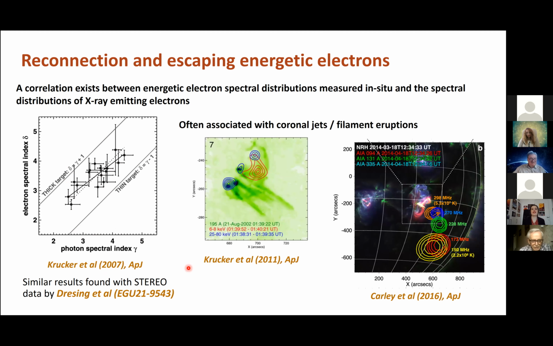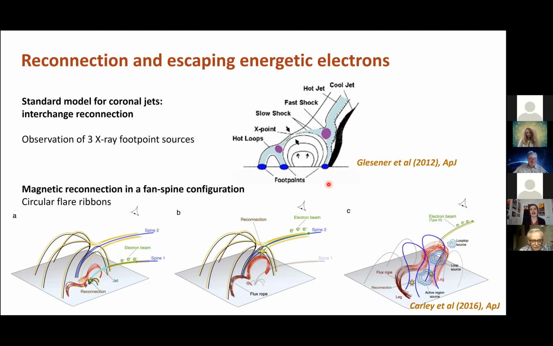And they are also often associated with coronal jets or filament eruptions. We see jets here associated with X-ray emission for one of the events presented in this paper, and a more recent one where we also see radio emission from escaping electron beams associated with a jet. So in that scenario, it's interesting to point out that we really need a common site of acceleration for both the particles that are accelerated up and the particles that stay in the corona. So we may have different